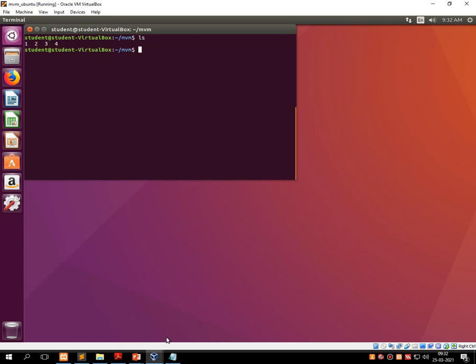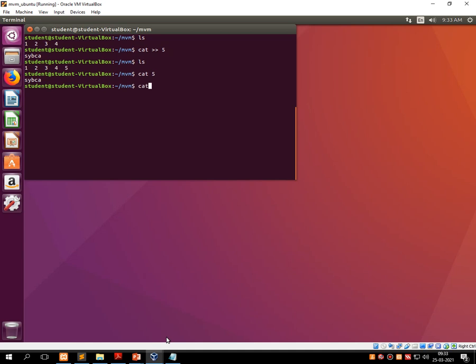Now suppose I am writing cat greater than 5, and then here I am storing SYBCA as text, and I am saving this text by pressing the shortcut key Ctrl D. Let's press ls again. 5 is created. Type cat 5. It prints SYBCA onto the screen. So the functionality of double greater than is similar to a single greater than.